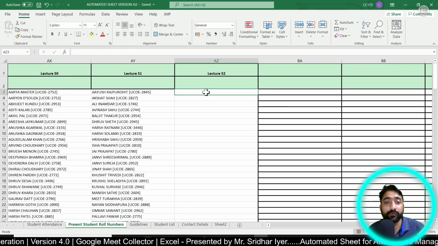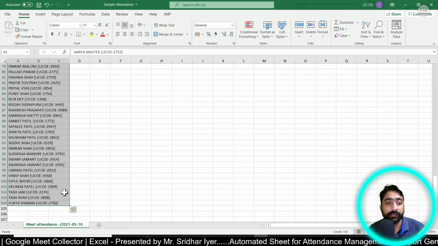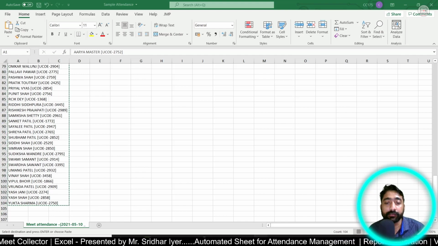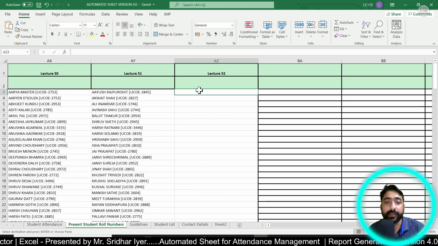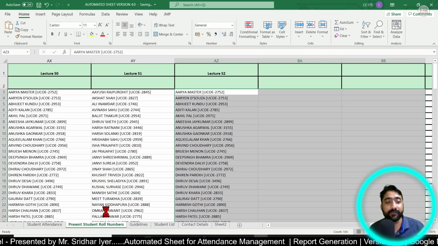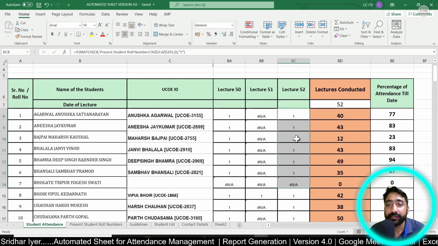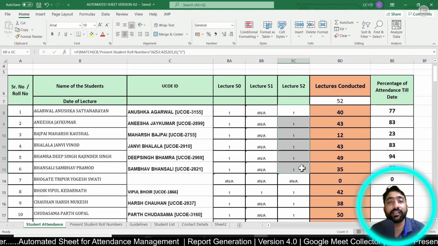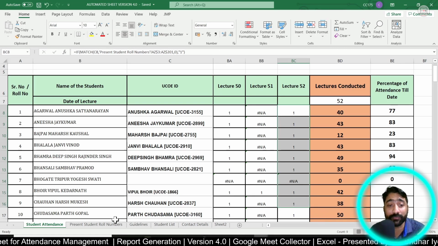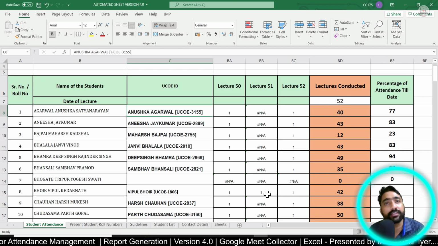Let me paste it over here. Let me again go back. Let me copy and let me paste the data over here. Now save it, go back, and as you can see, now the data has magically popped up over here. So isn't it interesting? It's really very simple. So now let me revise all the steps once again.